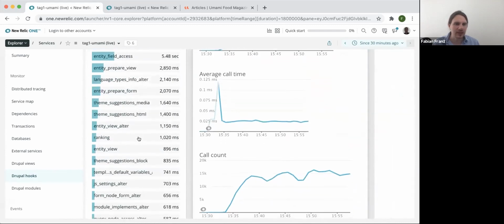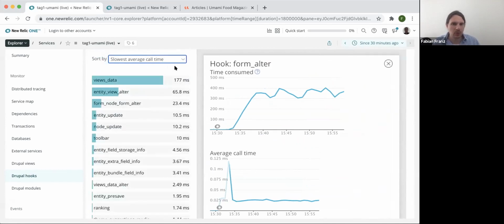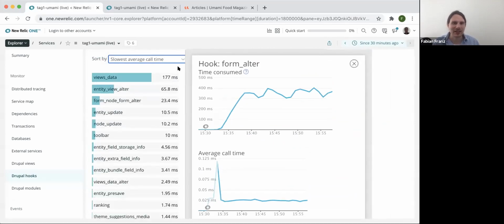So again, we can look at a lot at how much time is spent, which is kind of the energy cost you're paying, or the payment in terms of CPU cycles. So if you're, for example, on an EC2 instance where you have a certain number of cycles, then this most time consuming directly relates to that. The more cycles you spend, the more money, essentially, unless you're on a fixed pay host like Pantheon or other cloud.